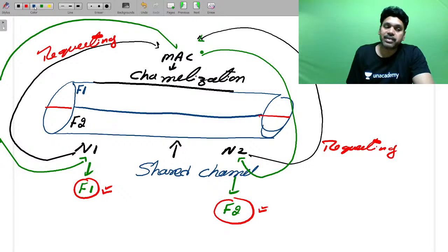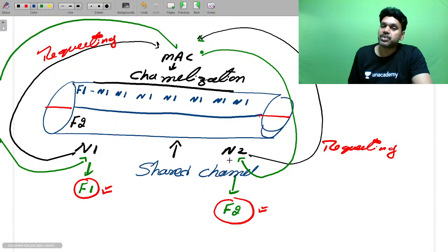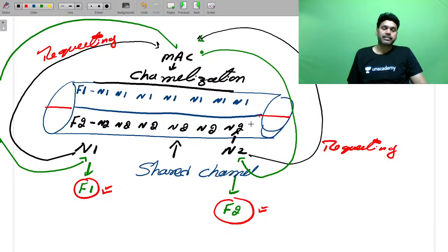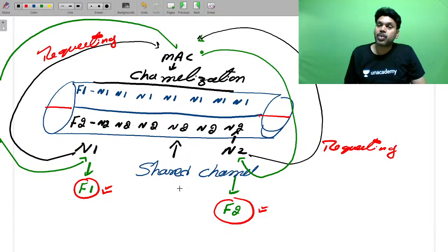As the frequencies differ, N1's data is transmitted only in its particular logical part. Whenever N2 sends data, its frequency will not overlap with other frequencies. So this particular part has only node 2 data. This is the meaning of